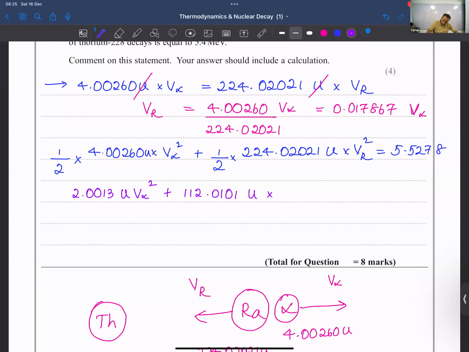VR square, I will write it again. 0.017867 V alpha, that square. So that is going to be